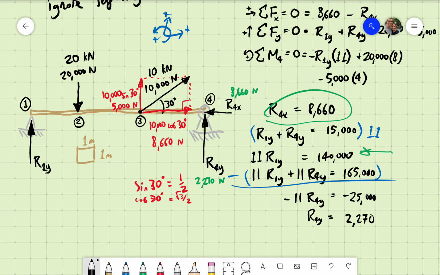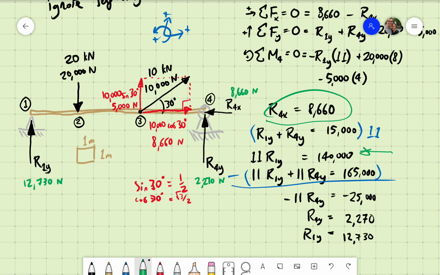If 11 r1y equals 140,000, well, guess what? r1y is 140,000 divided by 11. So we get 12,730